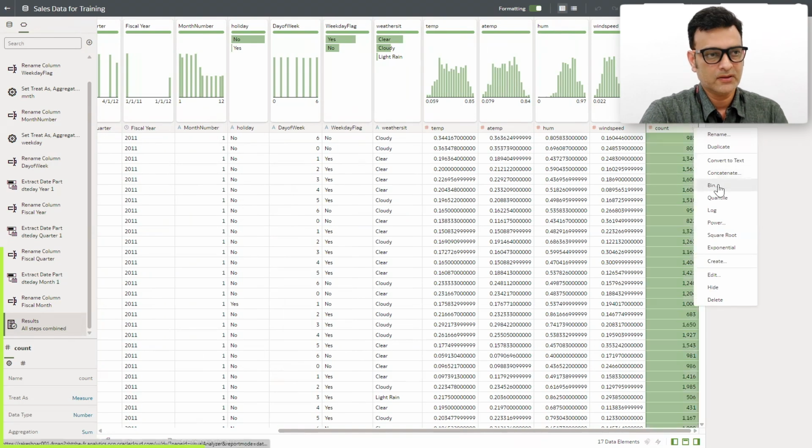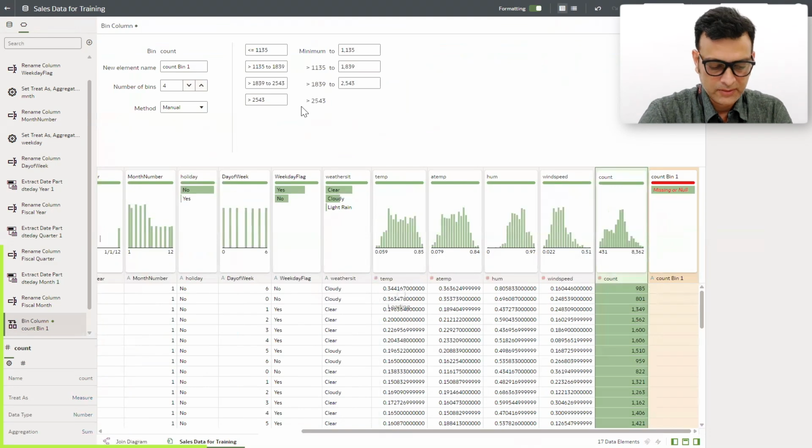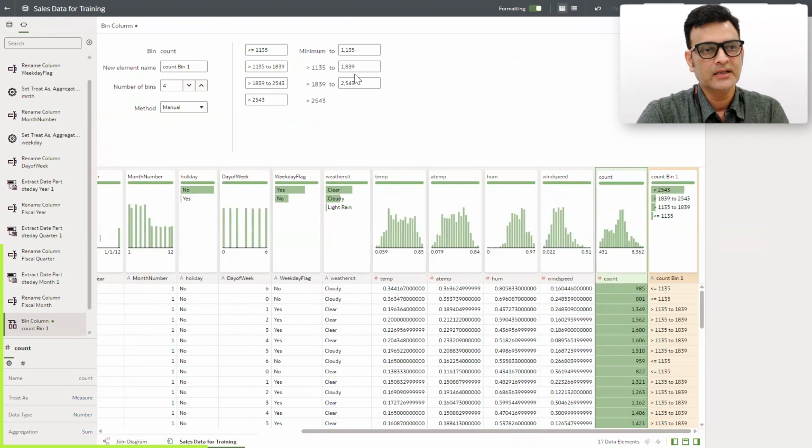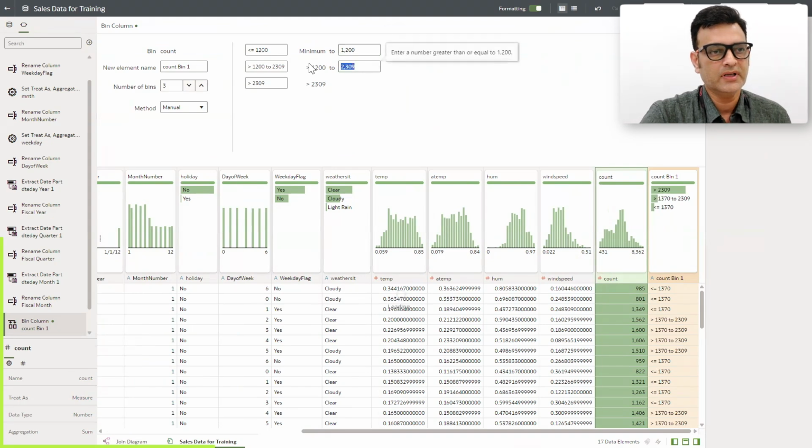Say I want to go with not 4 but 3, I can override it. And now I want to give my own values, say 1200 to 2400, and then greater than 2400. I can also override the name as sales volume category. So I can give a name.